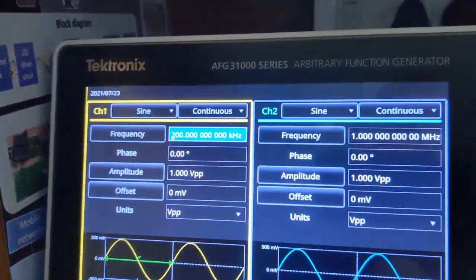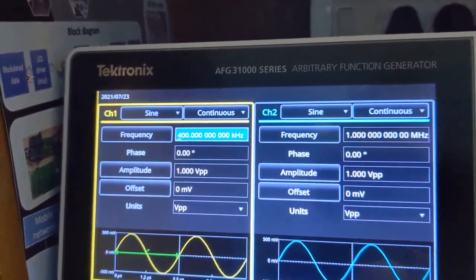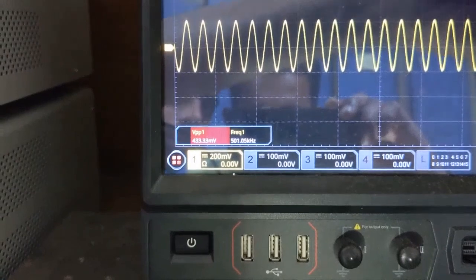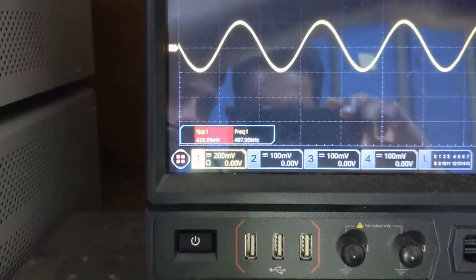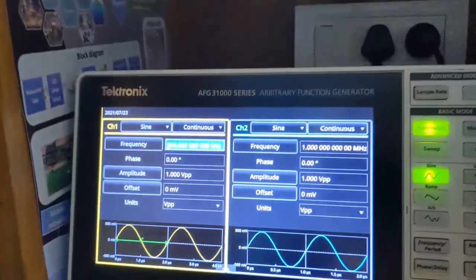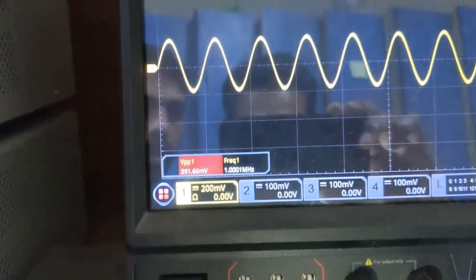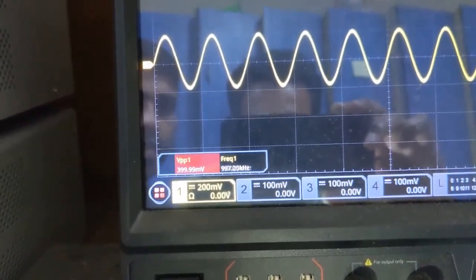Again increasing the frequency to 500 kilohertz, the amplitude is nearly 416 millivolt. At 1 megahertz, the amplitude of the signal is 400 millivolt.